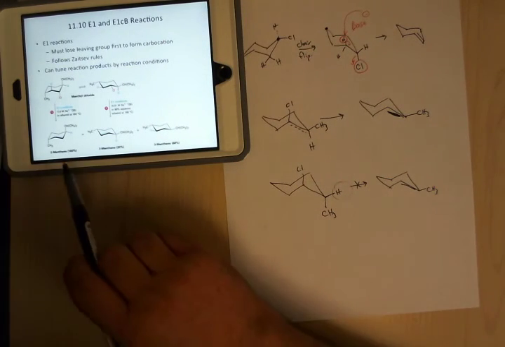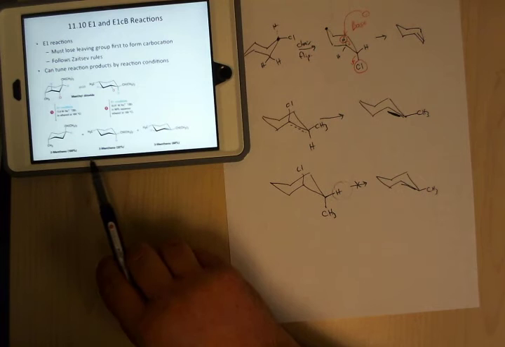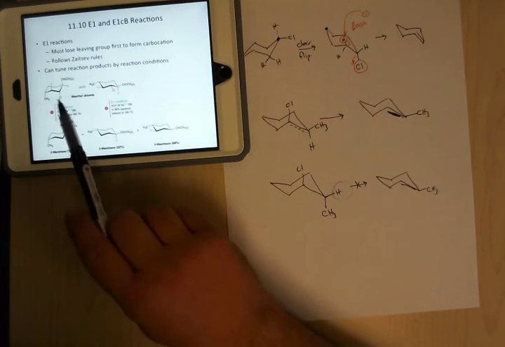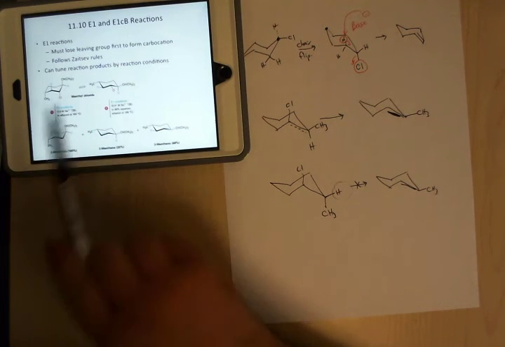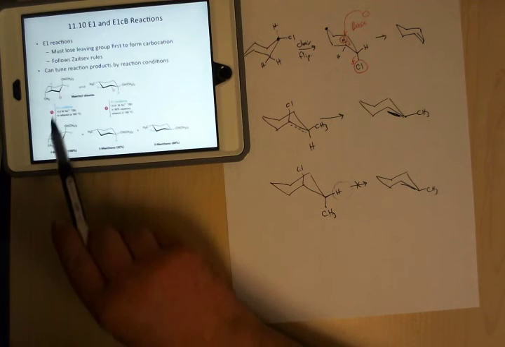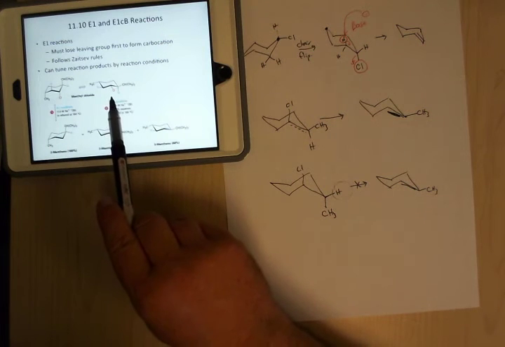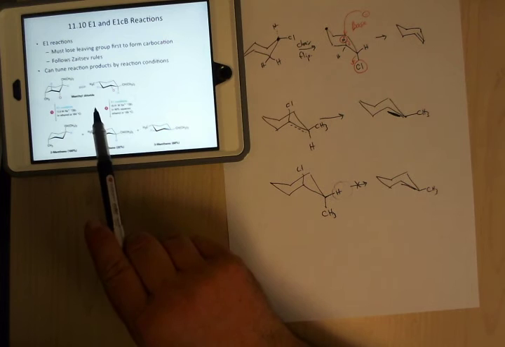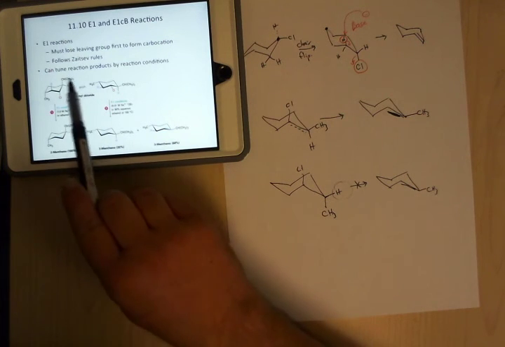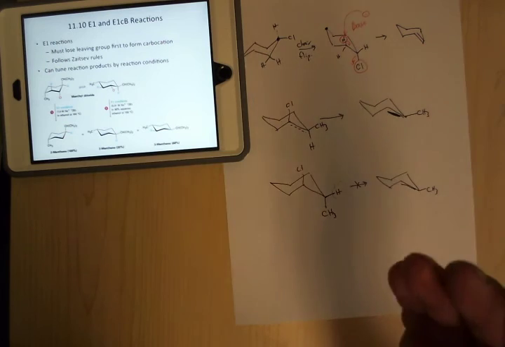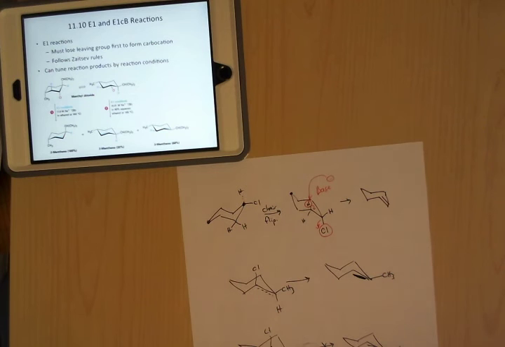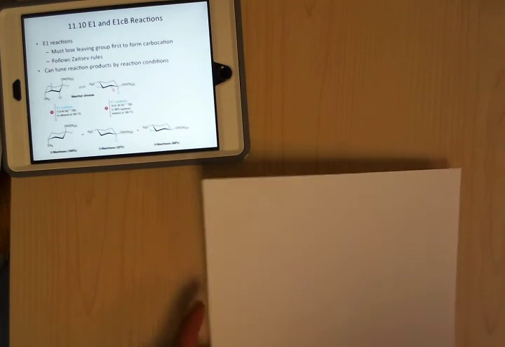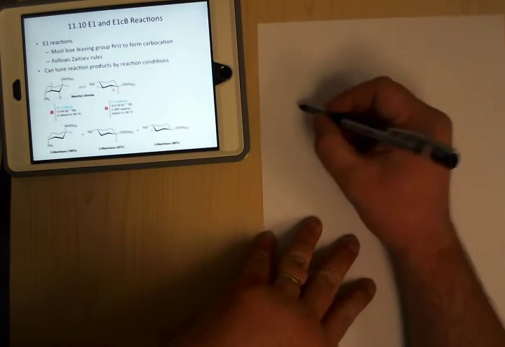Okay, now E1CB reactions. We're going to talk about this, and so what can happen is, if you have choices, if you can make a choice, you're still going to make the product, and you follow that set of rules. But you can tune the reactions about whether you want an SN1 or an SN2. So if you have this reaction here,